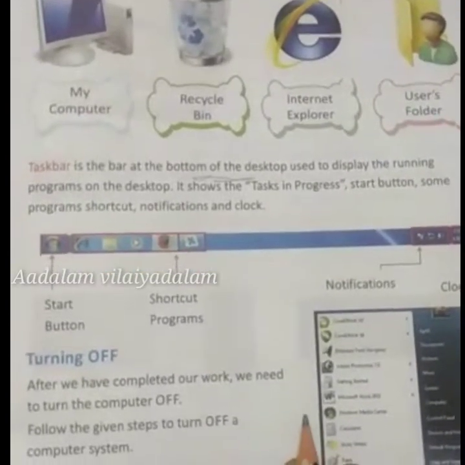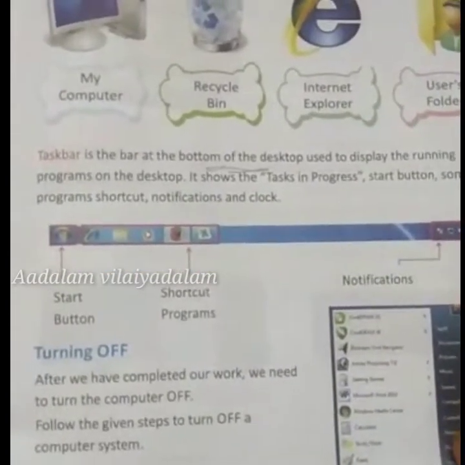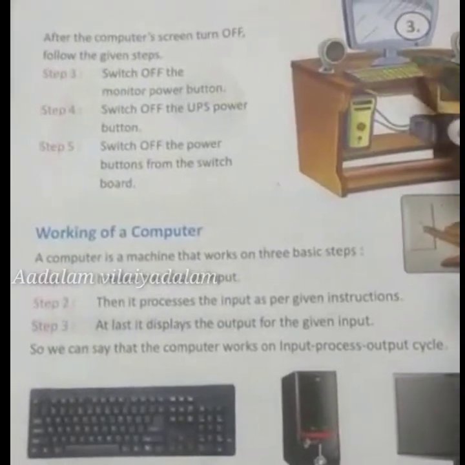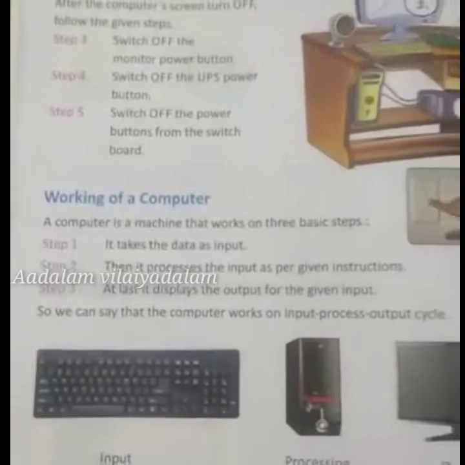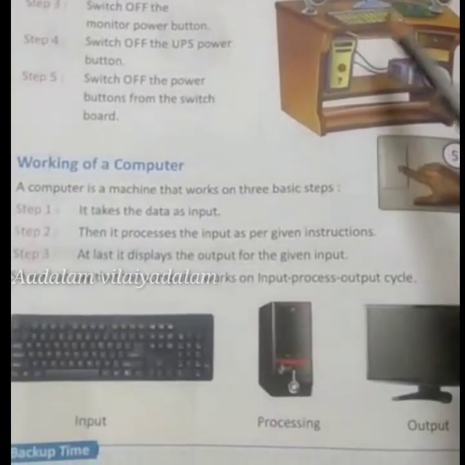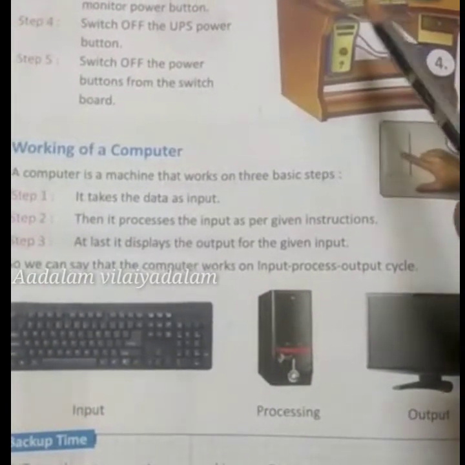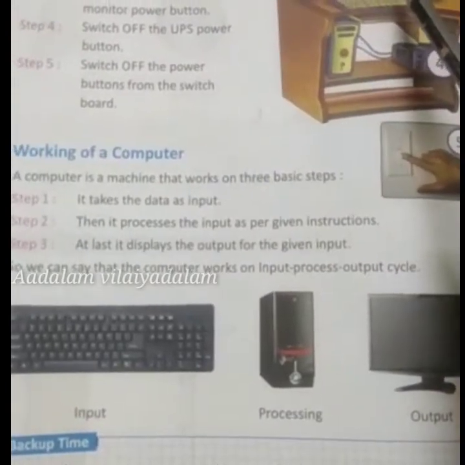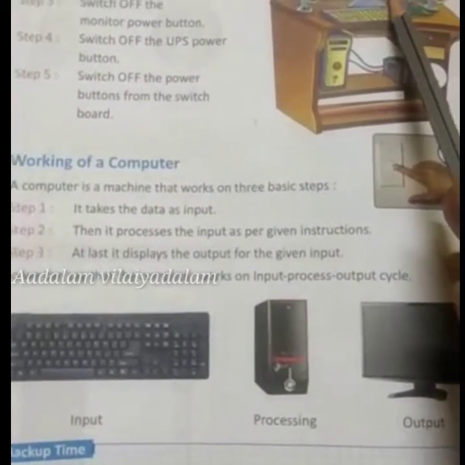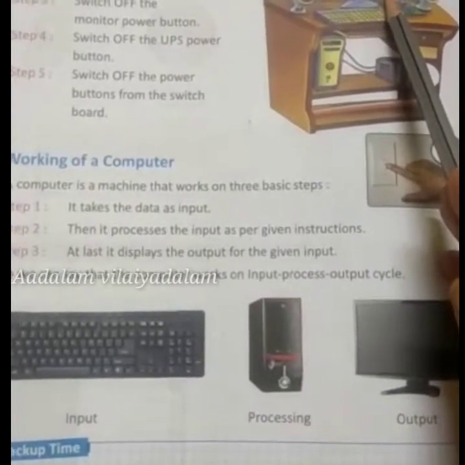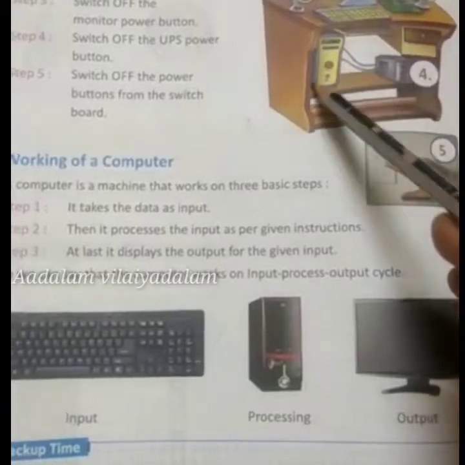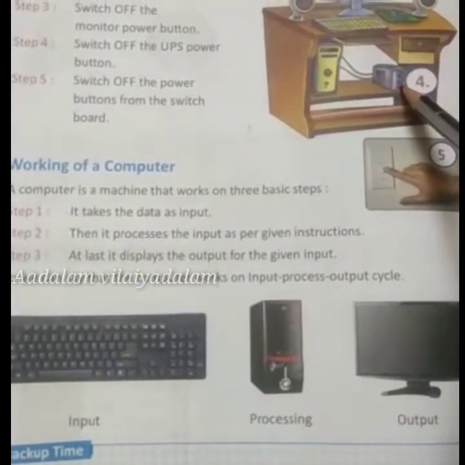The computer will start to switch off. After that, the black screen appears on the monitor. The black screen represents that the computer connection is off. And then we can switch off the monitor power button. In the monitor we have a power button. Just click on that monitor power button and then switch off the UPS button.